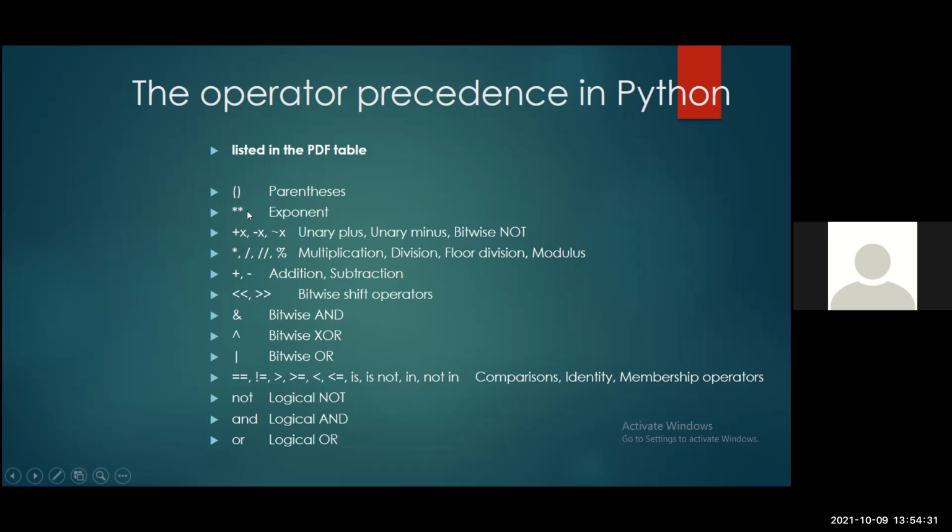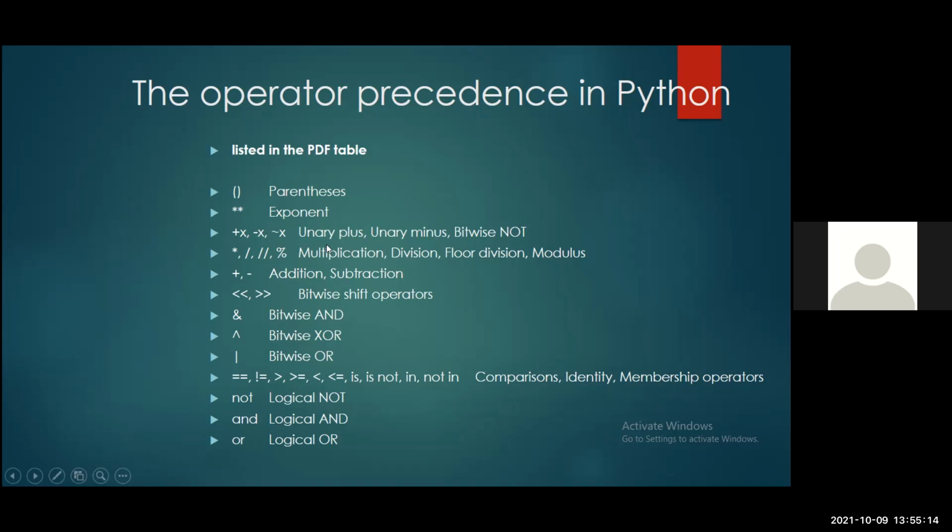And the second one, you can see exponential. Exponential is the power rule, when you're having a power to something like 2 raised to power 2, which is 4, 2 times 2, or 2 raised to power 3, which is 2 times 2 times 2, 3 times. So the exponential rule, which in simple terms is the power expression, comes in next after parenthesis. And then we have the unary plus, which is like you are giving a structure and expression for a value. The plus 4 gives you 4, which is equal to the positive 4. And then we have a unary for both positive and negative values.